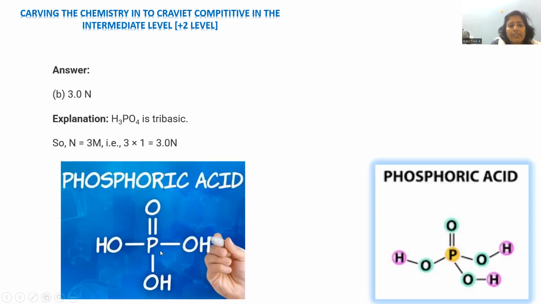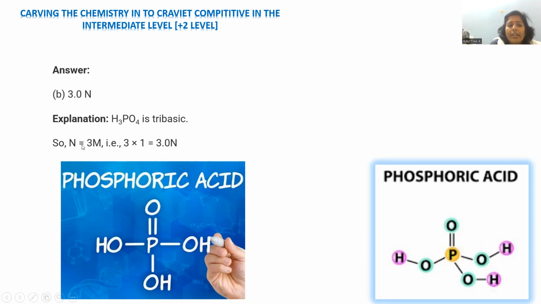So phosphoric acid is given with P double bond OH, OH and OH, where you can find the basicity of phosphoric acid as 3. Basicity means number of replaceable H plus ions. How many are there? 3 hydrogens are there, so the basicity of phosphoric acid is 3. 3 hydrogens are easily replaced. It gives 3 H plus ions, so we can say it is a tribasic acid. Phosphoric acid, orthophosphoric acid, is the tribasic acid, and the formula will be normality is equal to